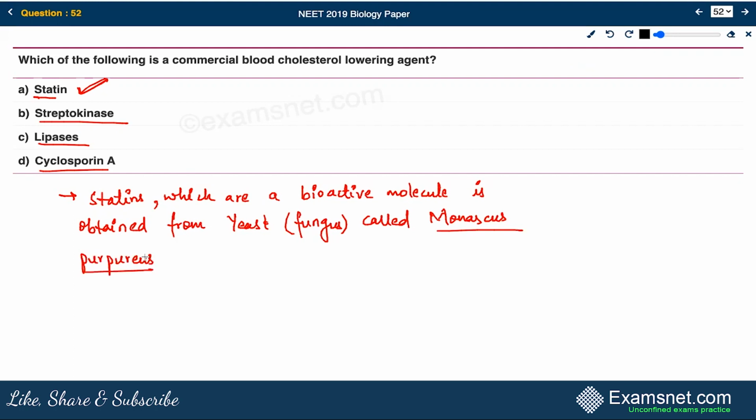This is Monascus purpureus. It is basically used as a blood cholesterol lowering agent. So how does it do it? These statins are responsible for competitively inhibiting the enzyme that synthesizes cholesterol. And once the enzyme is inhibited, the cholesterol synthesis won't be there. All right. So you can say that,